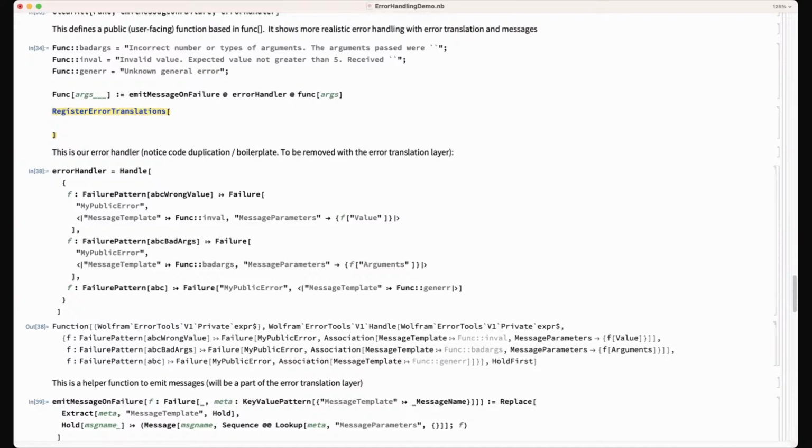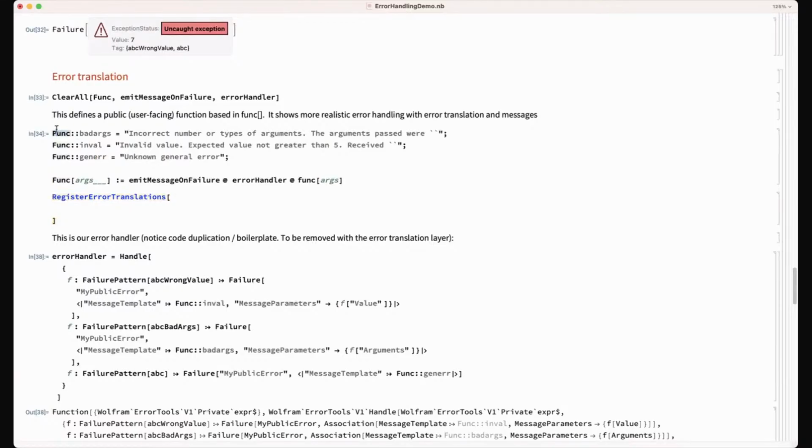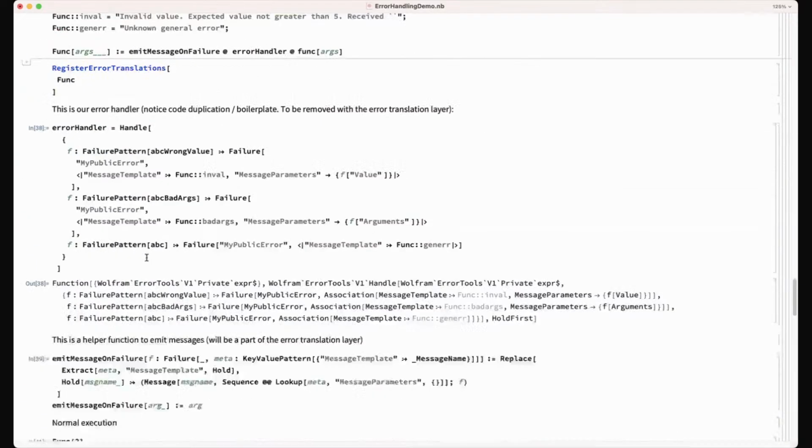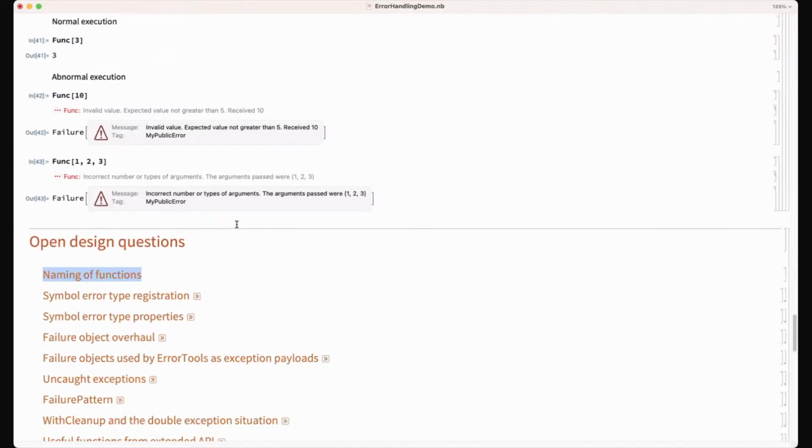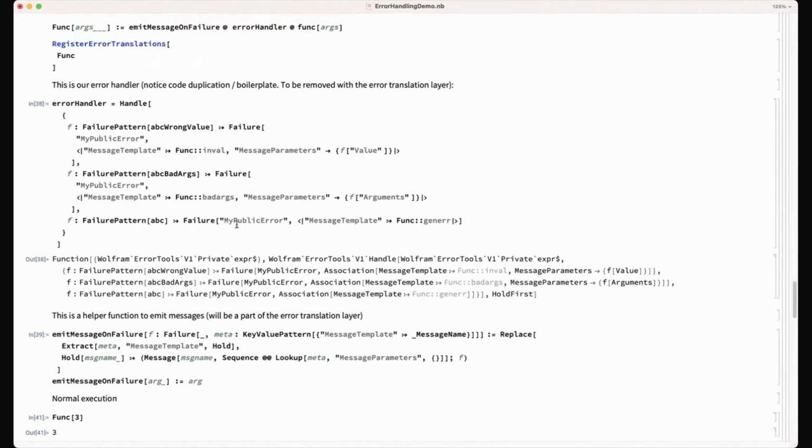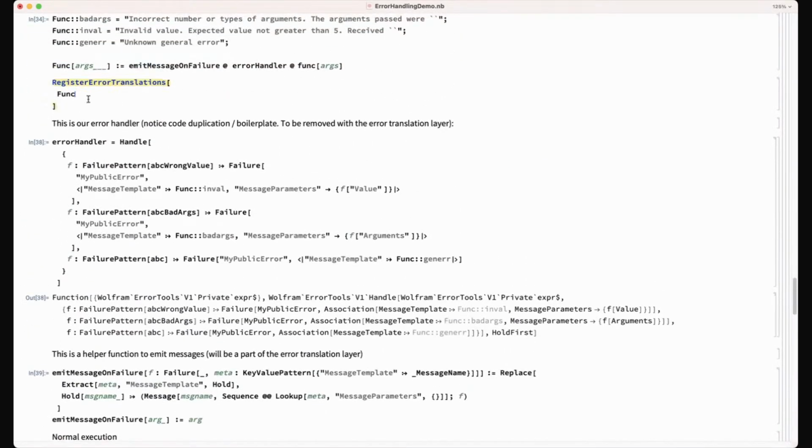No, I got that. That's different. I don't think the name create error type is even close to correct. Possibly, yeah. If this is register, why isn't that register as well? Yeah, maybe it's register type, and this is... I mean, you see, naming of functions is the first thing on our list. Okay. Keep going. Okay, so here it will look like this.